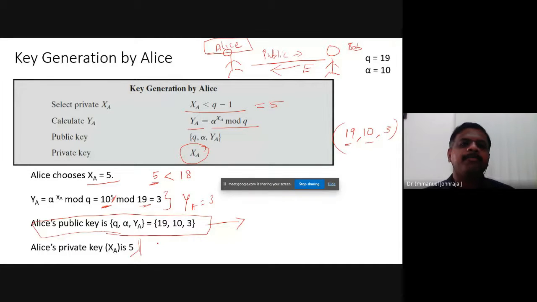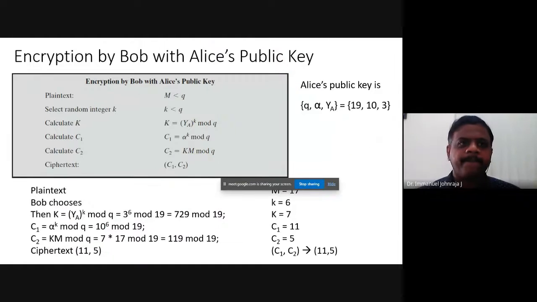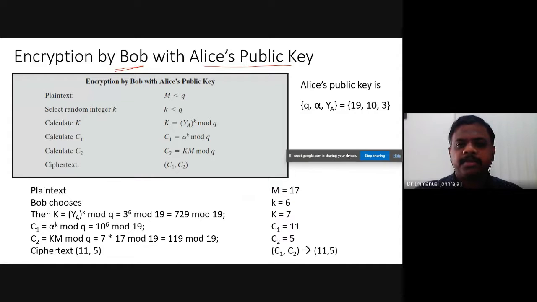All right. So what is expected to happen now? Now Bob has to use Alice's public key for encryption. So Bob is encrypting using Alice's public key. The public key is shared, but the private key is kept with Alice. All right. The plain text which is chosen for the example, I'll keep it somewhere here.